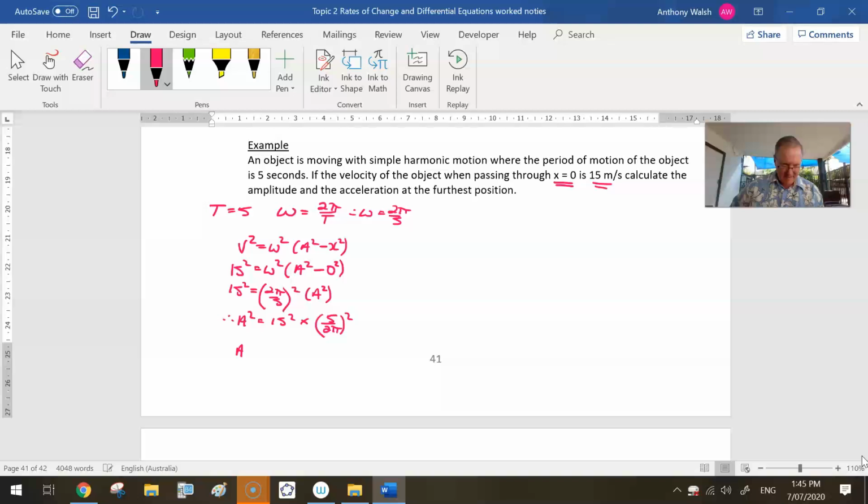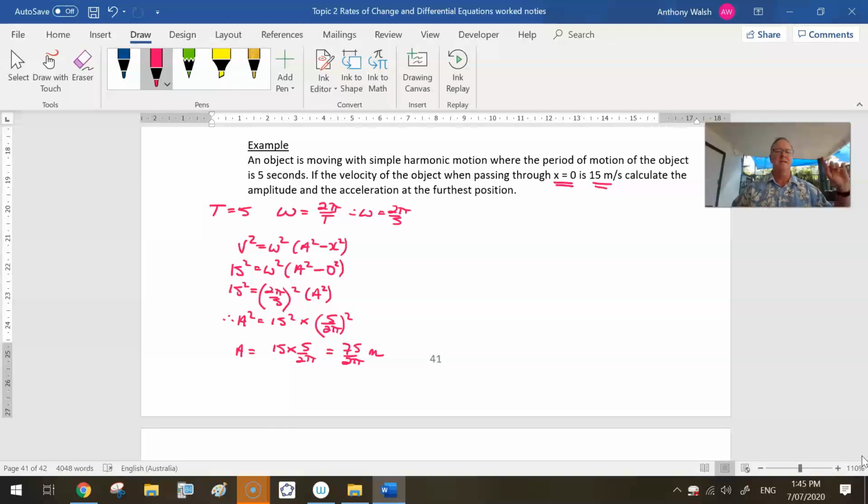So what would they make a? Well, a would be the square root of 15 squared, which would be 15, times by the square root of 5 on 2 pi squared, which would be 5 on 2 pi. Or, that would be 75 on 2 pi. Now, the velocity was in meters per second, so I'm confident saying the amplitude would be 75 on 2 pi